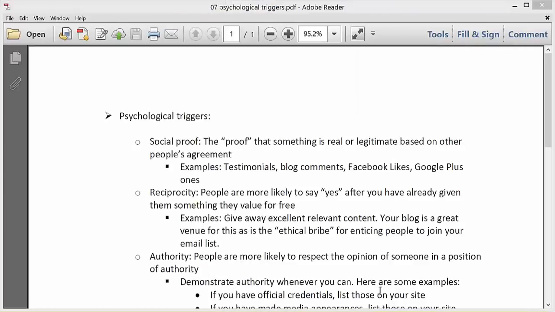Alright, so let's talk about psychological triggers, and these are things that you would use in your marketing in general and also in your copywriting. So you could think of this section as an extension of the copywriting tips. So psychological triggers. Okay, first is social proof, which is the "proof" that something is